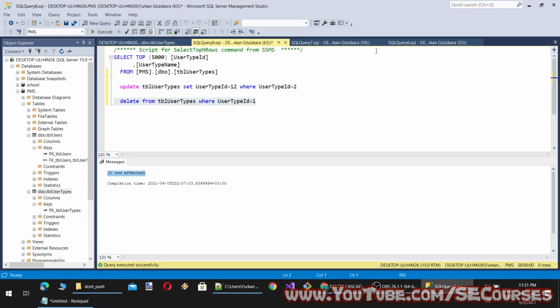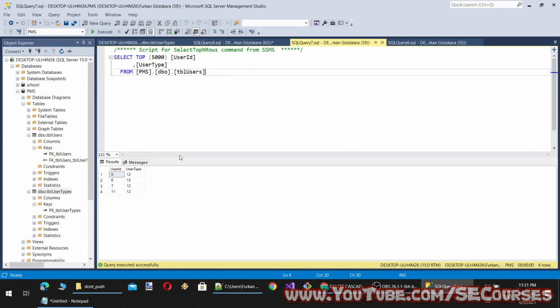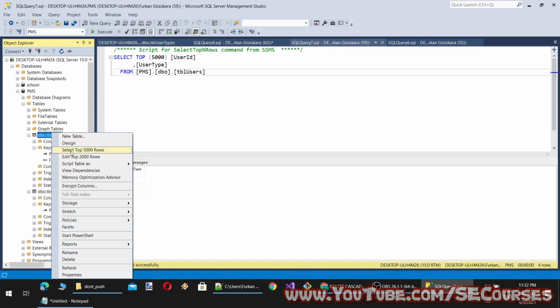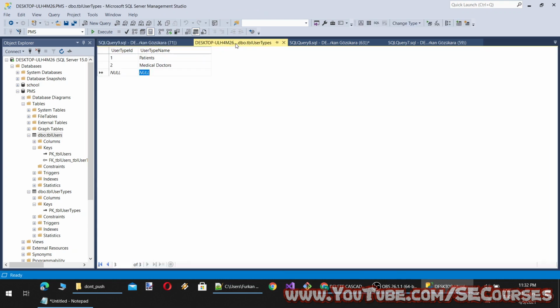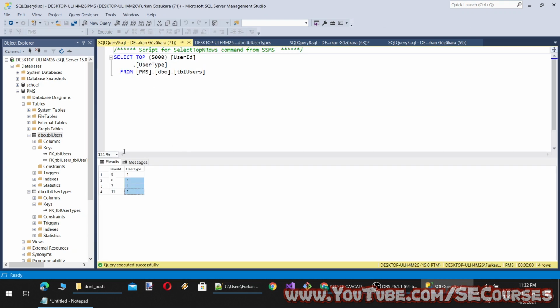And simply we will just keep a tinyint value as the type of user. We are not going to write the name of the user type here, so it will be much more efficient, easy to update, and it will take less space.